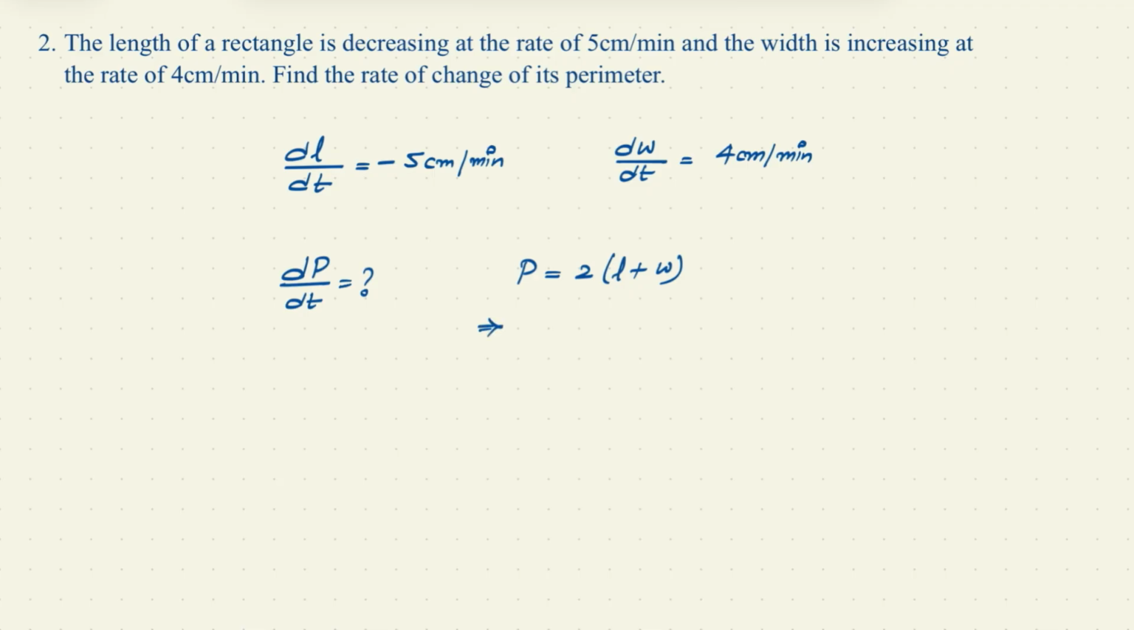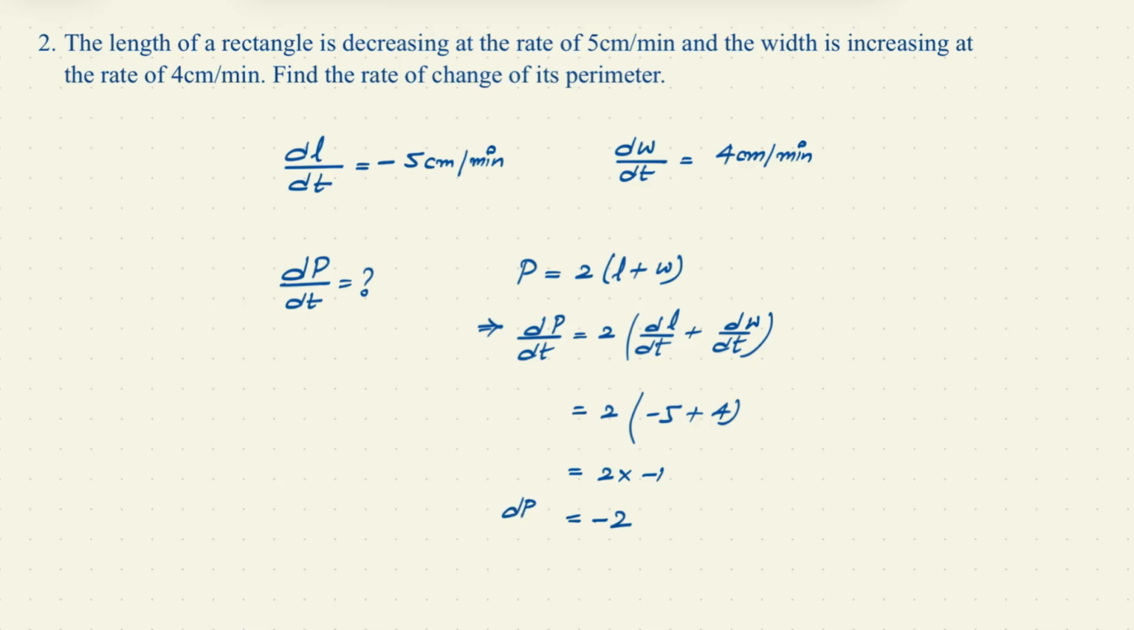So let us differentiate both sides with respect to t, then we will get dP/dt equals 2 into dL/dt plus dW/dt. And since we know the value of dL/dt, that is minus 5, plus dW/dt is 4, we will be getting 2 into minus 1, so it will be minus 2. So the change in perimeter with respect to time is minus 2